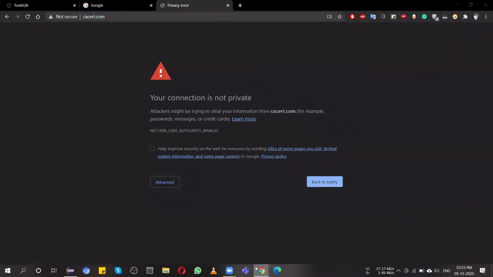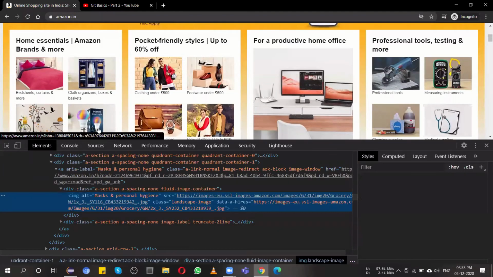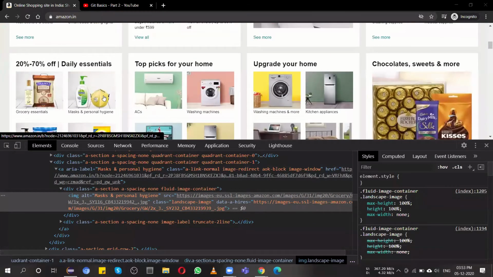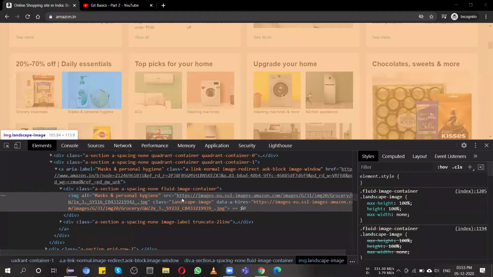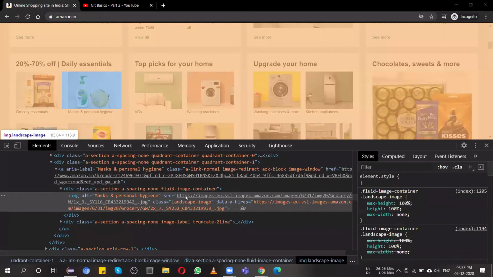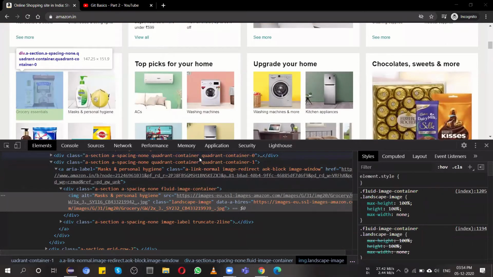I'll tell you. Over here, if I try to check this particular thing, this is one of the images. What we are going to check via Selenium is that after hitting this URL, which is the source URL for this particular image, it gives a response after a get request, from the server where this image is hosted on Amazon's server. It comes back as a 200 response. That particular thing only we can automate with Selenium.